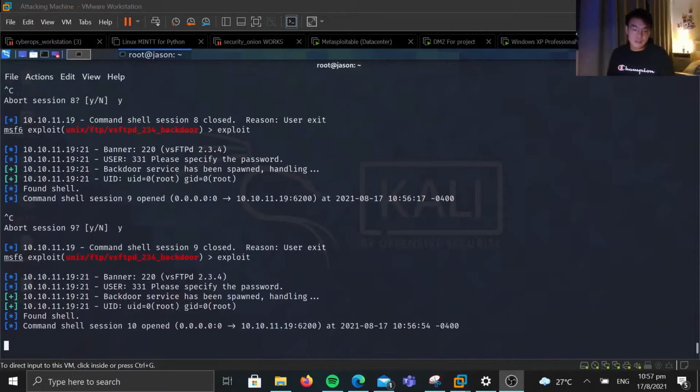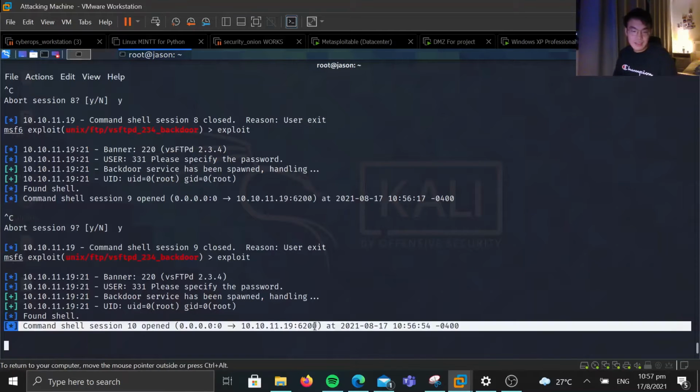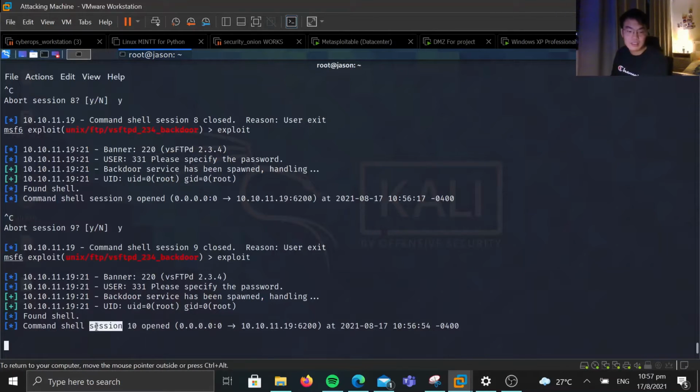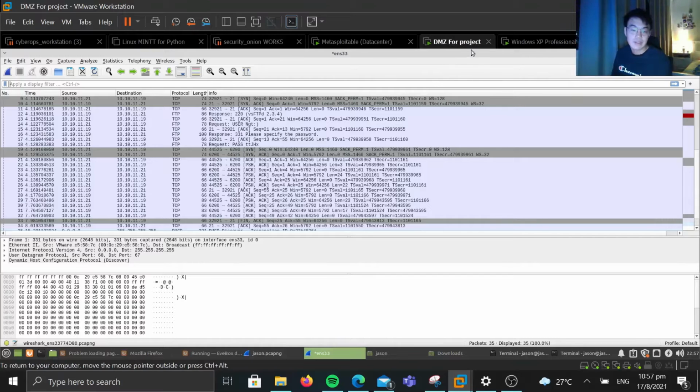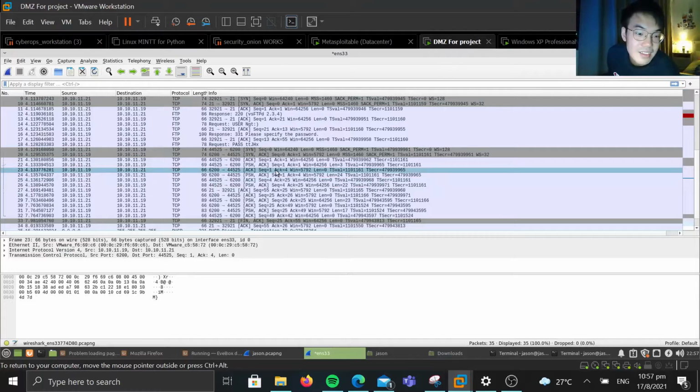So going into the virtual machine, we can see that the attacking machine is currently attacking the data center server, and a command shell session is currently open. If I type in ip a, you can see that we are inside the data center server. Now, when I go into the DMZ, where I already have Wireshark open, we can see that Wireshark is able to detect the incident. We have our attacking machine IP address, our data center IP address, and the port that the attack is using. So right now, we are going to save